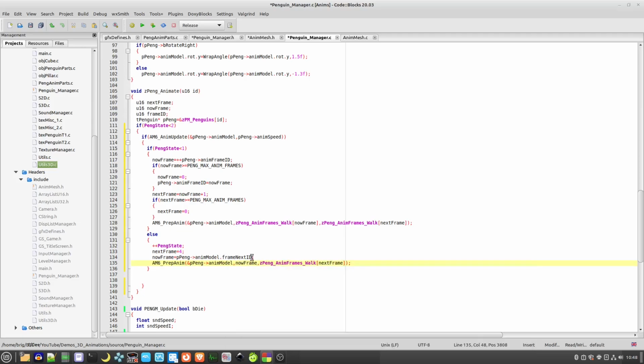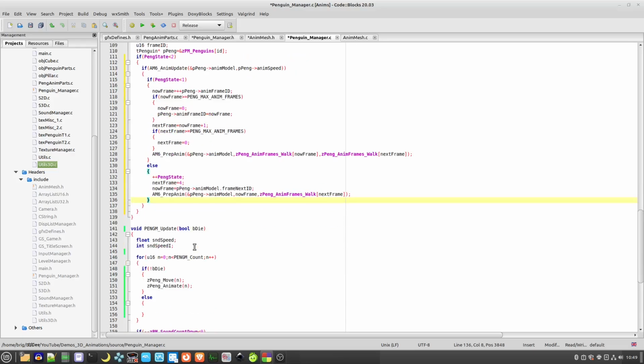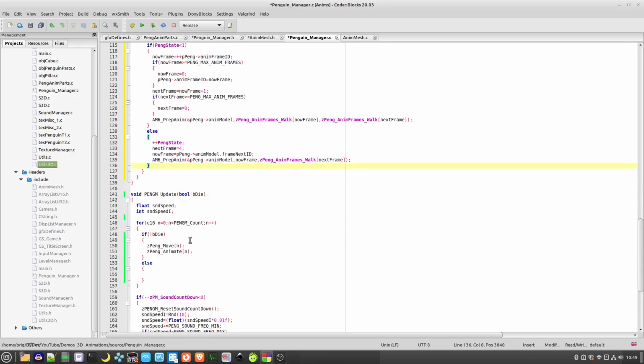And the reason for this is the this frame here will have been set previously here before. So we don't need any of that in here, so